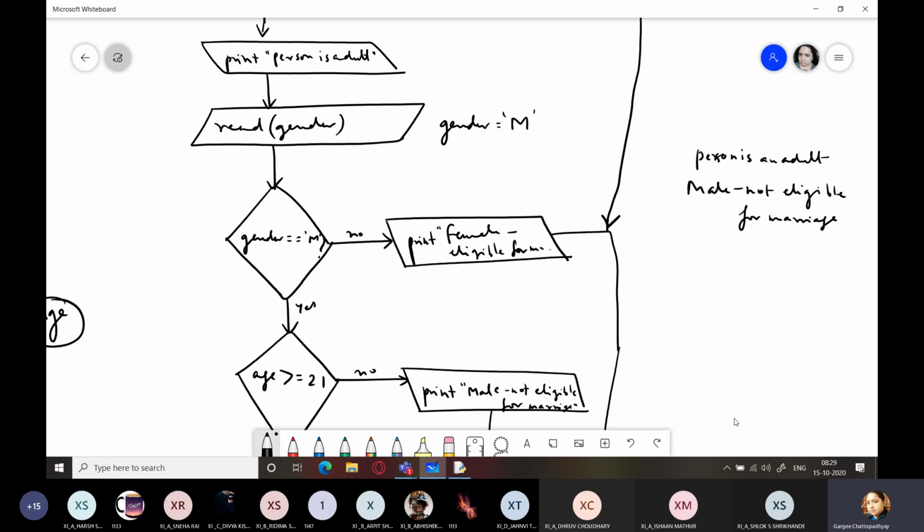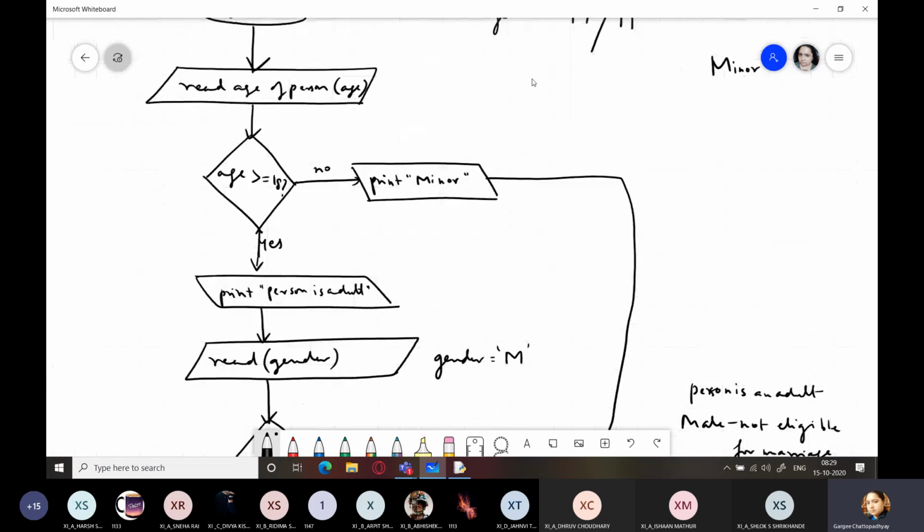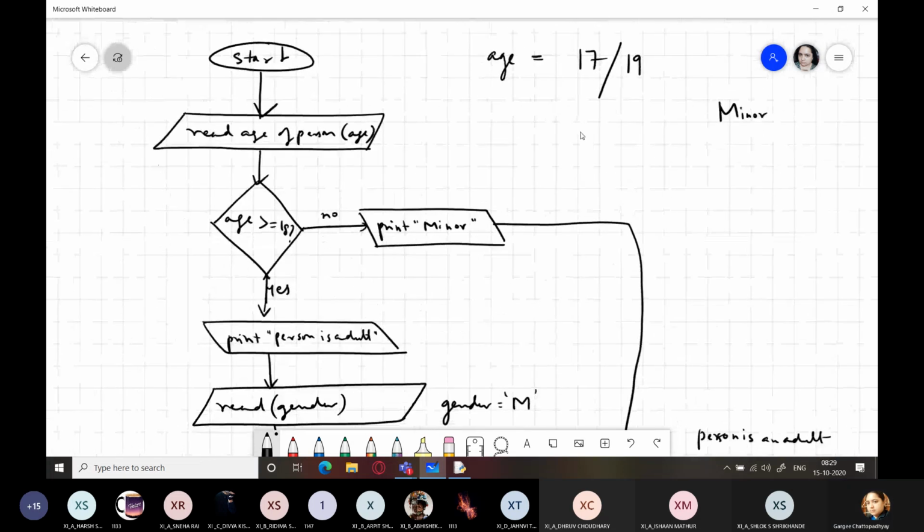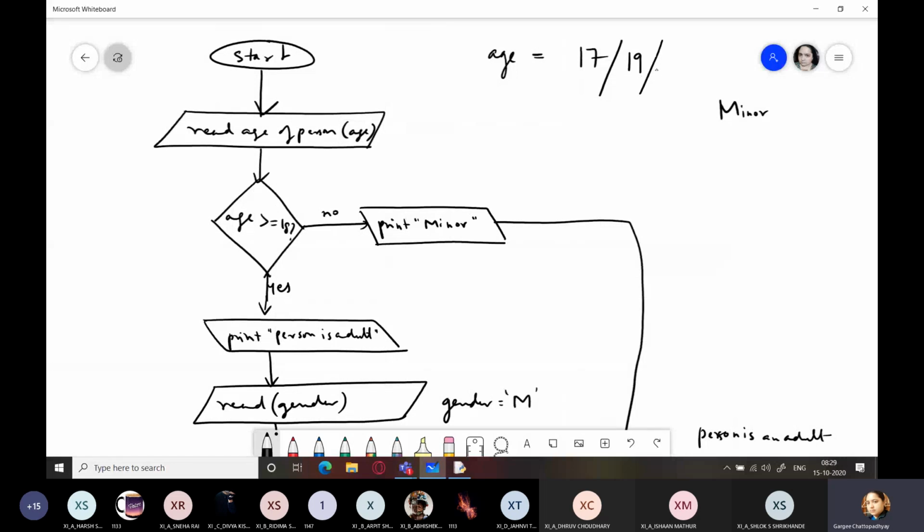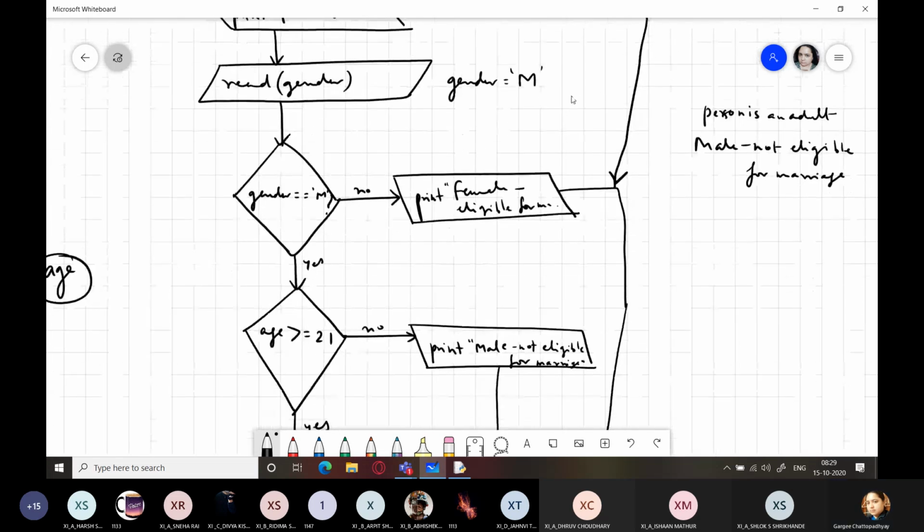Fine. Let's take any other example. I'm taking the value 27 over here. So age is 27. Is it greater than 18? Yes. Person is an adult. Then read the gender of the person.